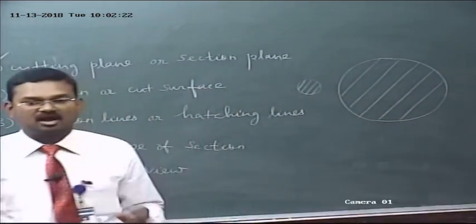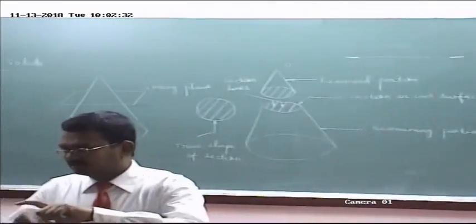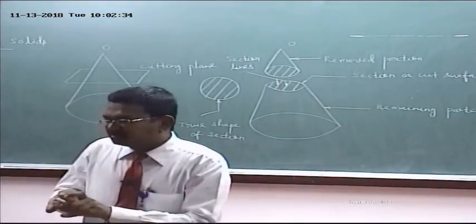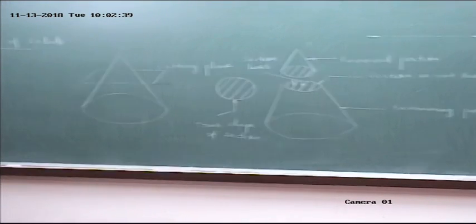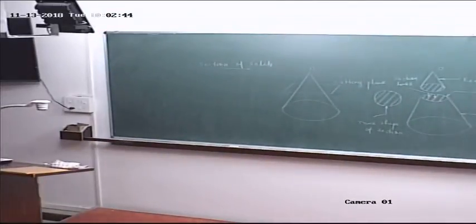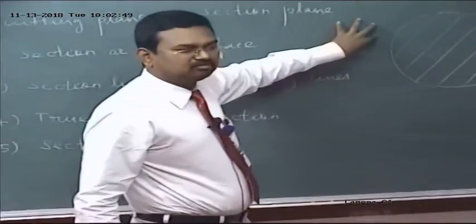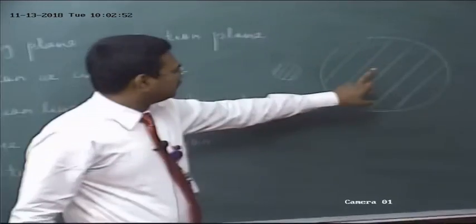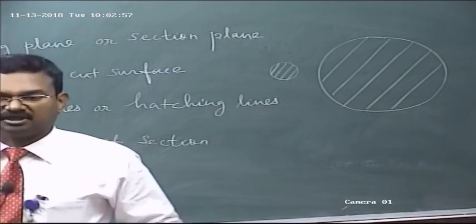But approximately they have a uniform space between them. To understand how to draw the section lines, fix a meter after scale at a 45-degree angle, draw the section plane. The space between the section lines mainly depends on the size of the cut surface. So refer to the example. In the first case, for this size of the cut surface, you can take 1.5 mm space between the section lines. For this size of cut surface, you can take a 3.5 mm or 3 mm space between them.